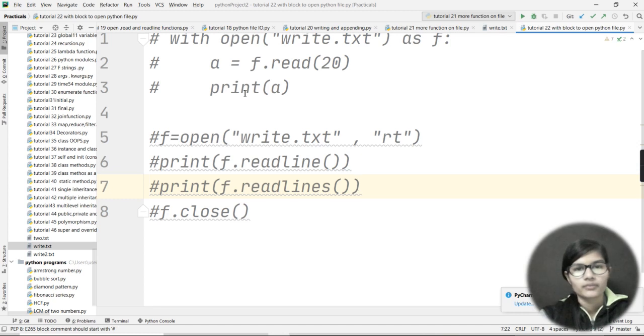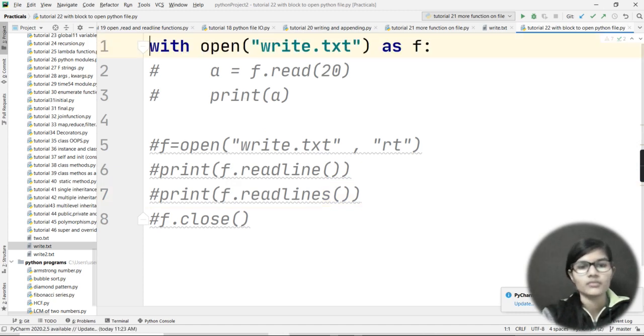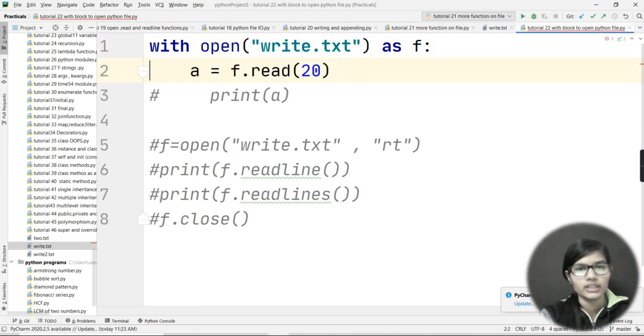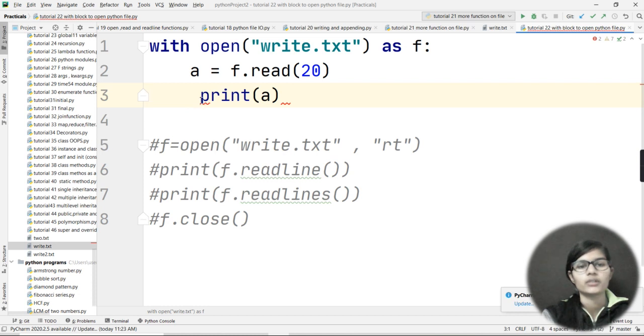So this is the with block. Now wait a second. Okay, so here we simply use a with block: with open write.txt as f, a is equal to f.read(20), and print a. Now let me explain what all this is.